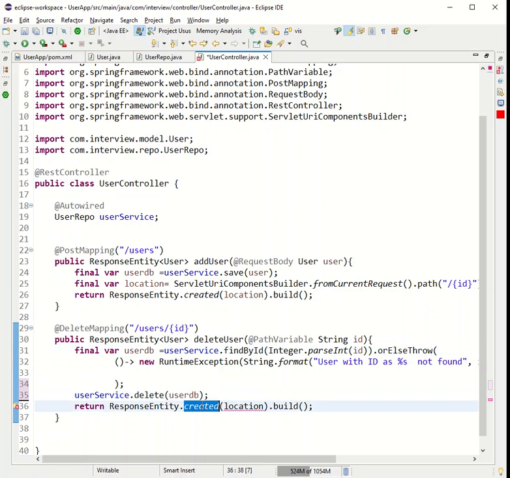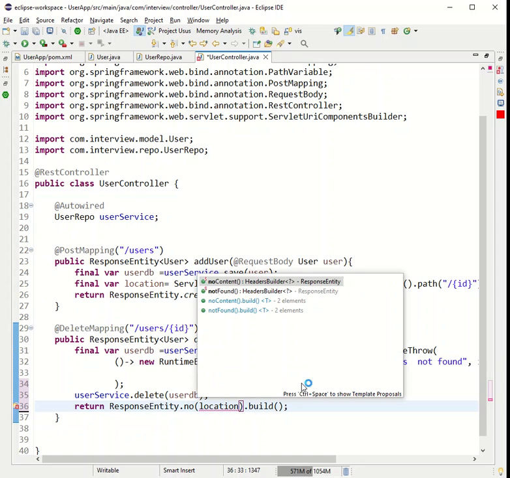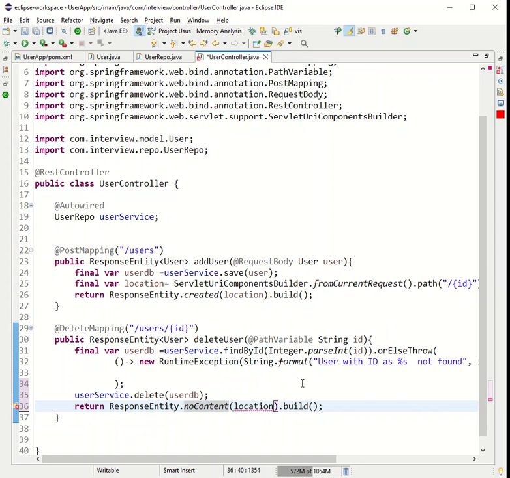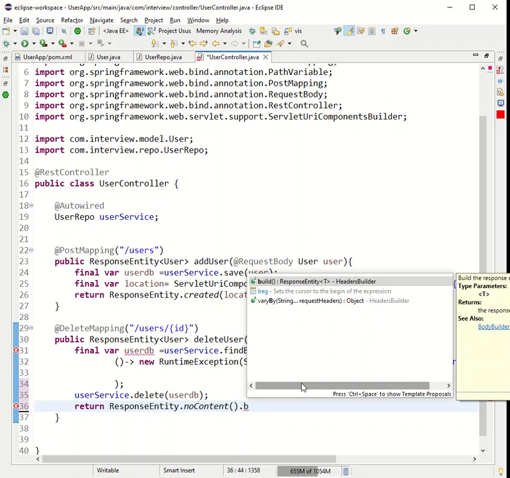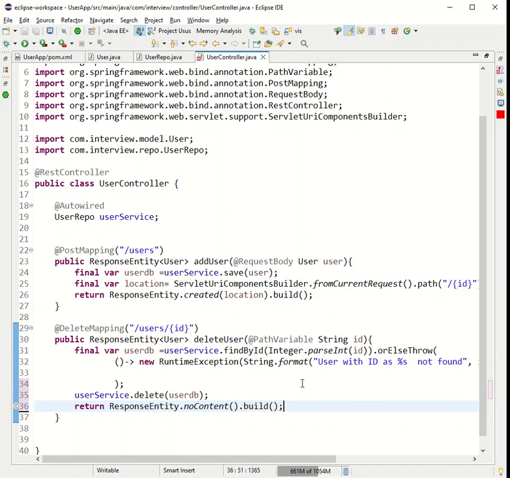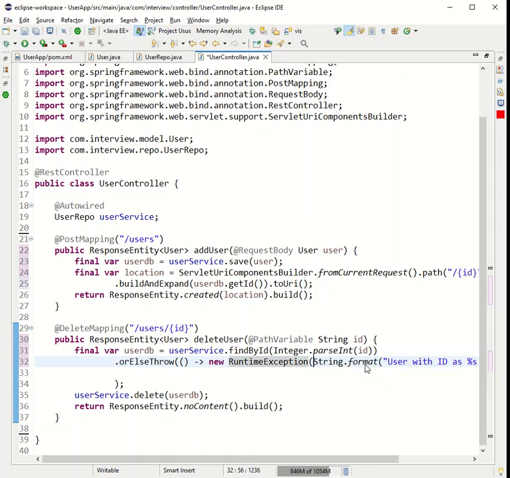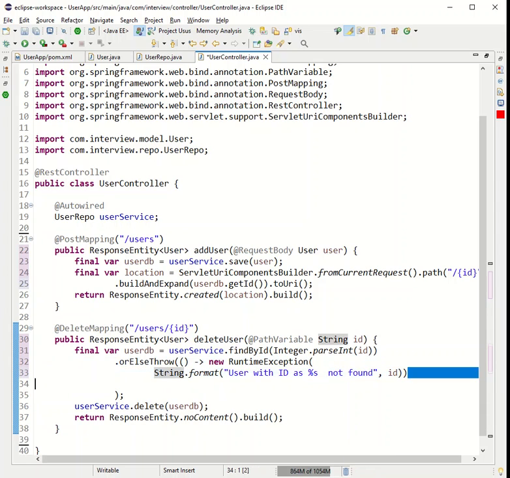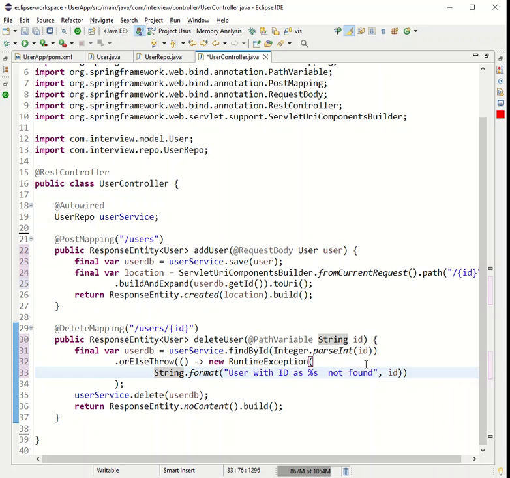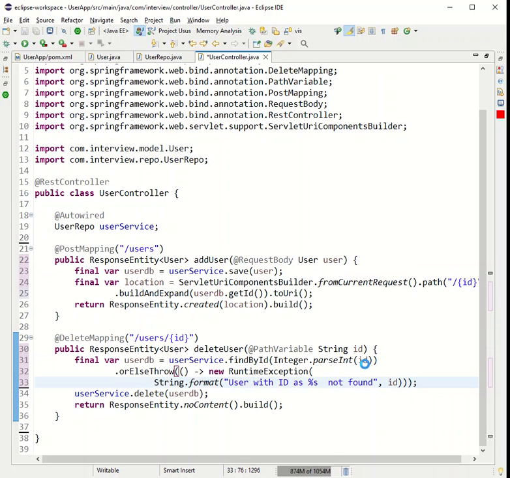Since the user has been deleted, we should return the details as no content, since there will not be any content that I'm sending to the user. So if I format my code,